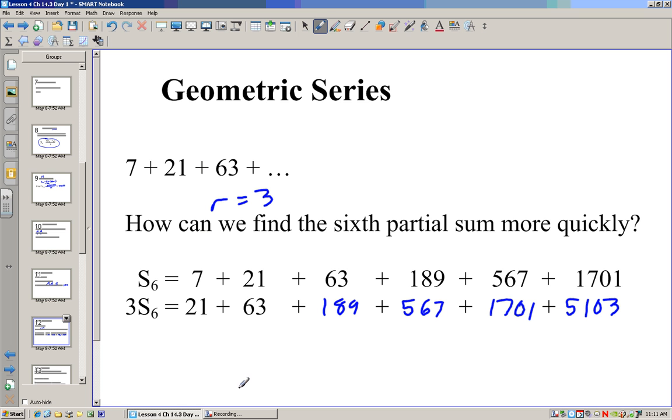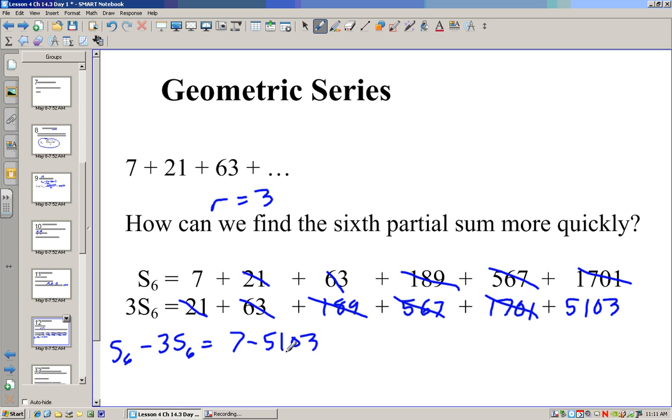All right, now once we have those, let's subtract. Now, if I subtract, this would be S of 6 minus 3 S of 6. Now, this whole mess minus this whole mess. Well, 21 minus 21 will cancel out. 63 minus 63 will cancel out. 189 minus 189 would be 0. Those would equal 0. And those would equal 0. So what we have is 7 minus